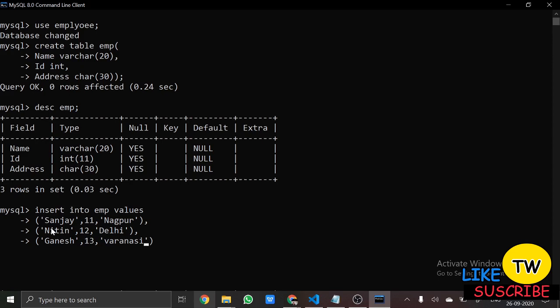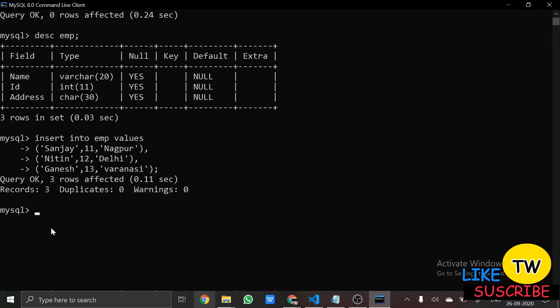Okay, in the last we will keep a semicolon. Okay, so this insert is done. To check whether it is inserted into the table, you will write select star